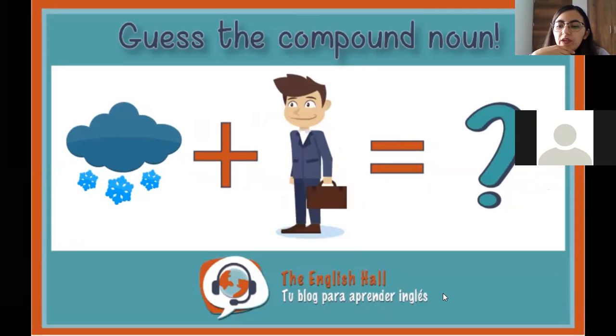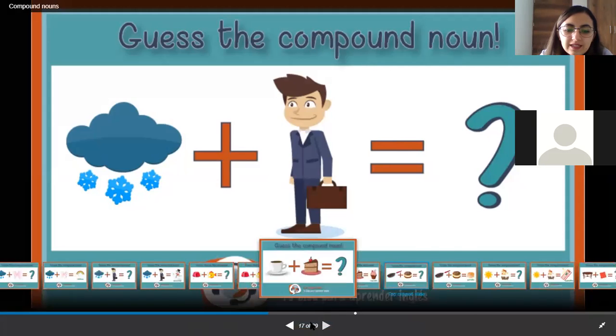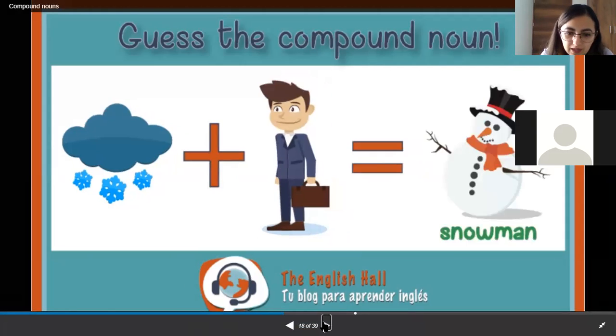And they used to decorate this with... exactly. I didn't have to say anything else. Yes, we're talking about the snowman. Yes, that's the answer. So we have these two words, snow plus man, and we have a snowman, un